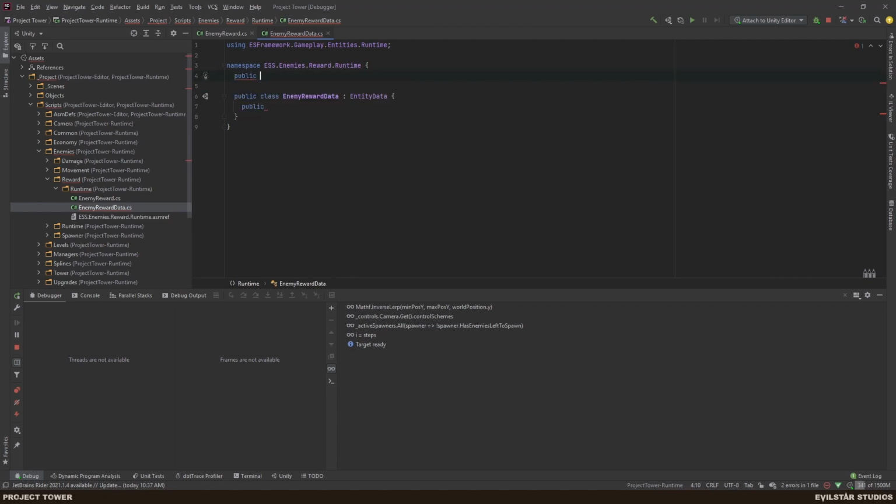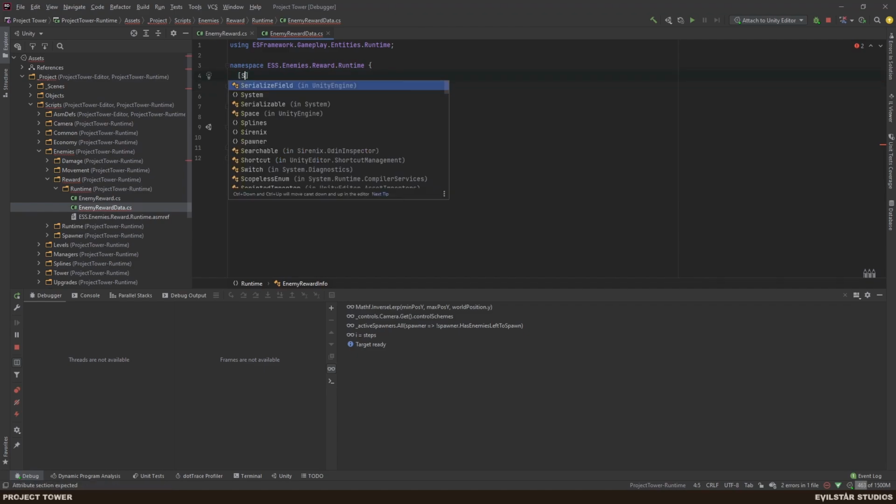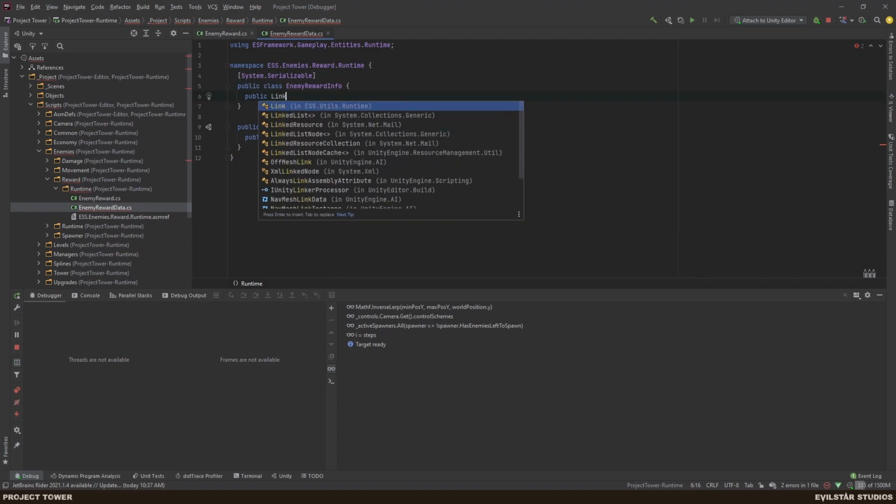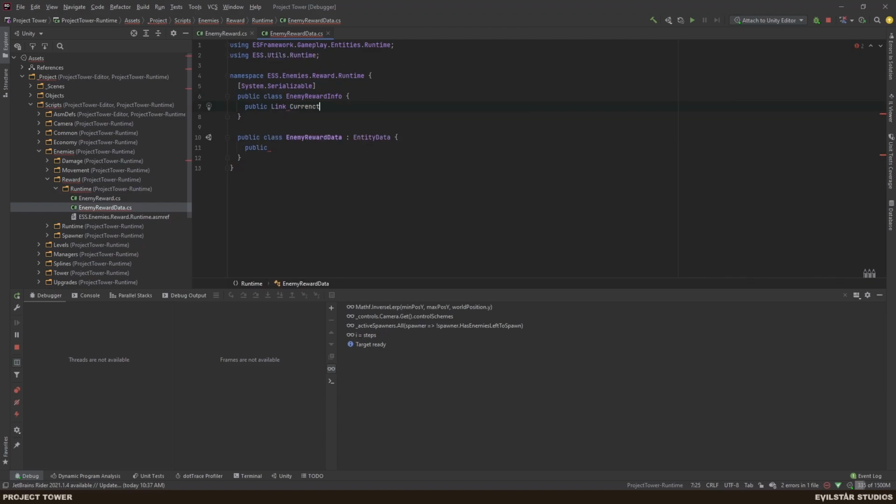So public class enemy reward info. Oh, like this. No, we're not gonna make this. Actually, no, we need to make it serializable because we need that for Unity. So System.Serializable, public link currency, public int amount. This is gonna be min value 0 or min value 1. This is gonna be